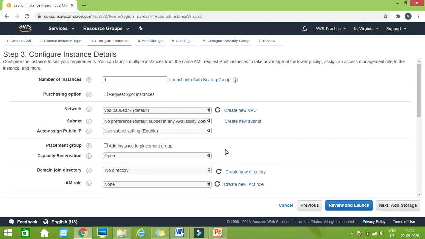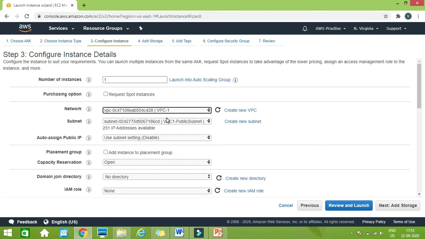If you remember in the previous case, when we instantiated our instance, we went with the default VPC, but now we have to select our own VPC. So you can see all the available VPCs. In our case, we have one default VPC which is created by Amazon, and the other is the VPC which we have created. So I want to create an instance inside the VPC which I have created. So inside my network, again it says, okay, inside your VPC which subnet you want to use. So again you can see that inside our VPC I have one public subnet. Inside that subnet I want to create this instance.